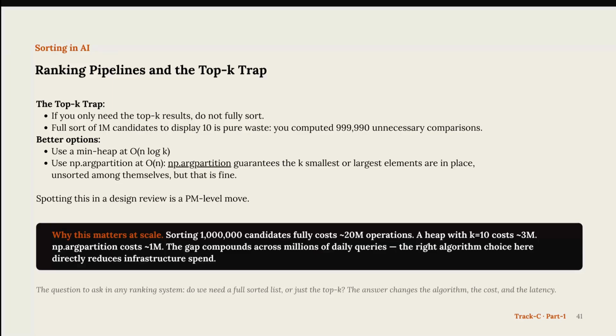Why do ranking pipelines and the top k rank look like a trap for us? This is very interesting to understand. If you only need the top 10 results, then sorting becomes easier. Imagine if you had to fully sort 1 million candidates to display the top 10. You're almost doing